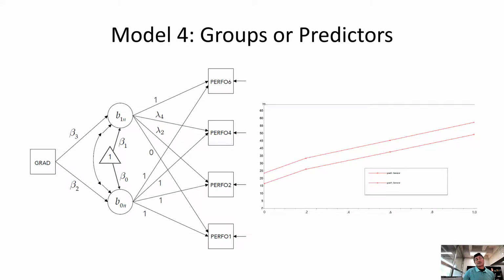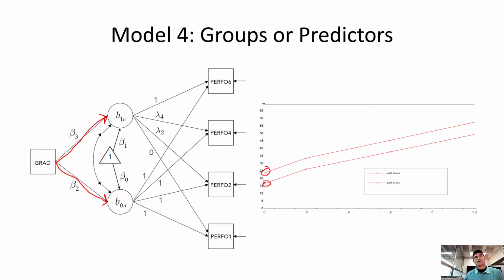The other thing we can do is start looking at other predictors. So in this example with the WIS data, did the mother graduate college? We can see, does this predict where people begin? And does it predict how much people change? On the right here, I've got it graphed. So we see it does predict where people begin.